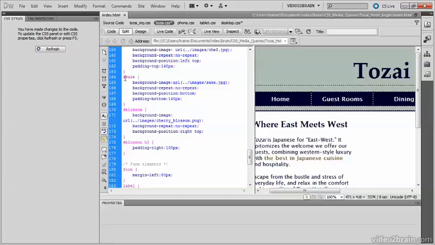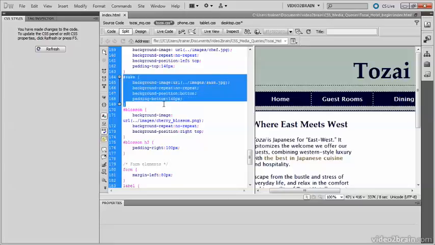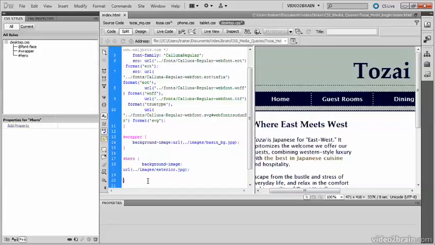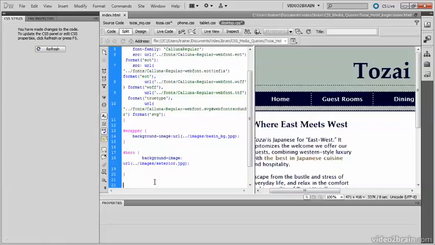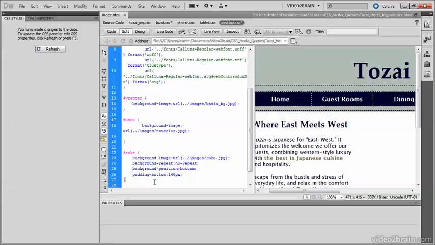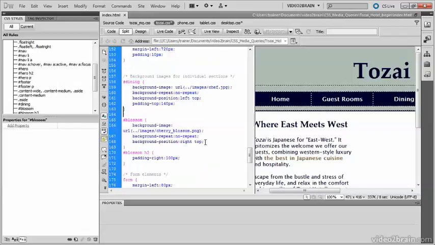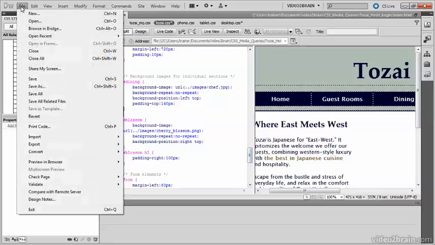So I'm going to cut this entire style rule and paste it as it is in the desktop style sheet. And let's just check the main style sheet again. In the next style rule there is a background image for Blossom, but it's a very tiny image. It's only 8 kilobytes. It's purely decorative and it's actually used in all layouts, so you can leave this style rule as it is. So just go to Save